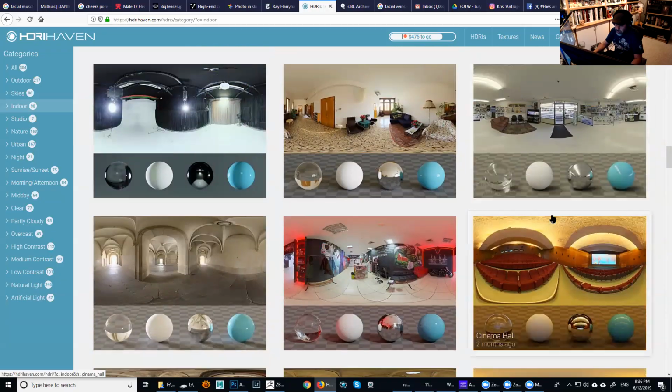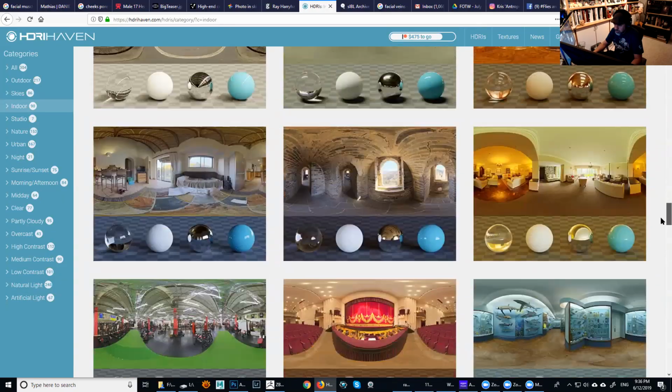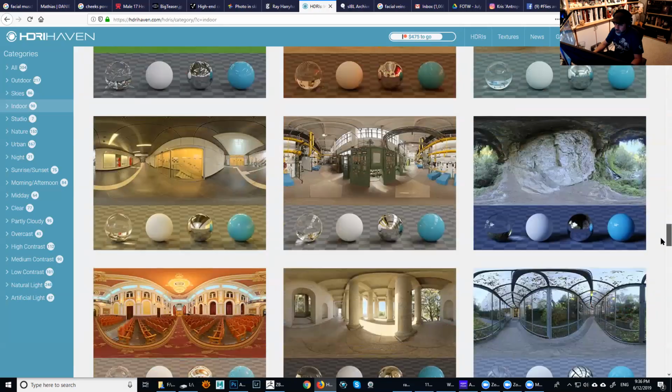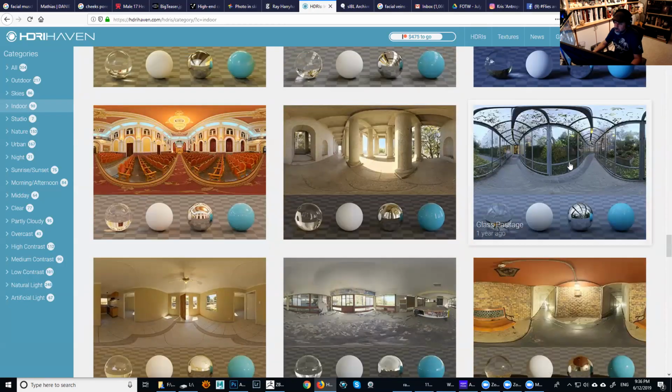And the one I'm using for those latest renders I was showing yesterday is a very diffuse one, which is this one here. It's a glass passage. Sometimes those ones, like some greenhouses and this kind of stuff, are very nice, because they normally diffuse the light and you get this nice global light with beautiful reflections. So this is a nice one to use.